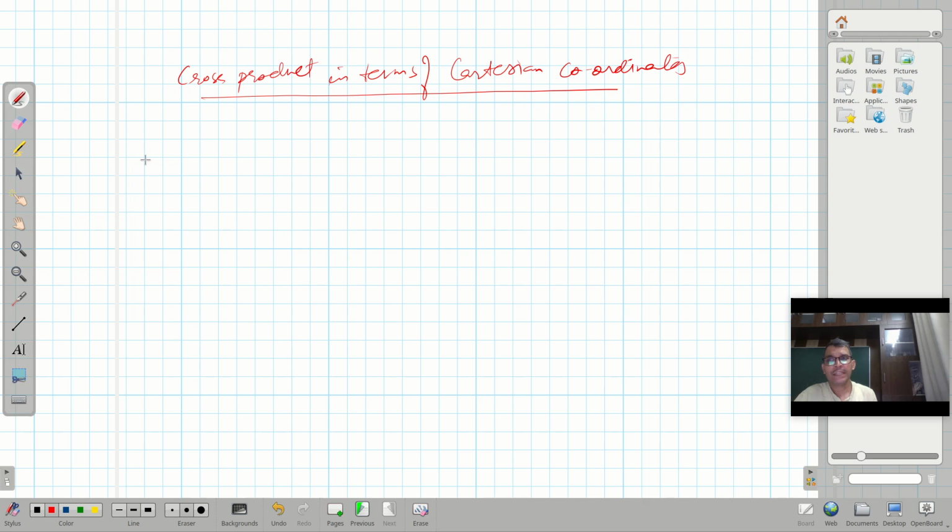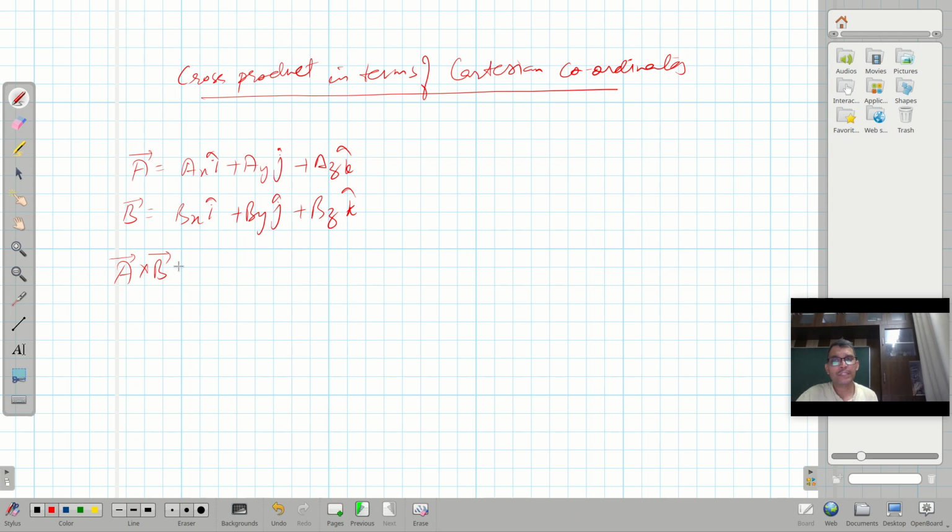Say a vector is represented by ax i cap plus ay j cap plus az k cap, and similarly b vector is represented by bx i cap plus by j cap plus bz k cap, then